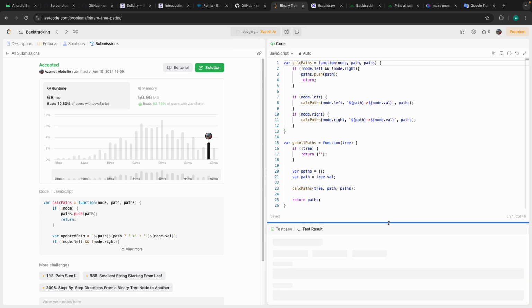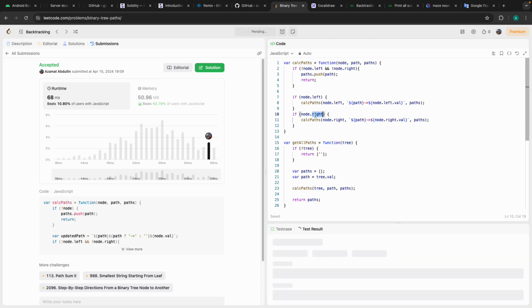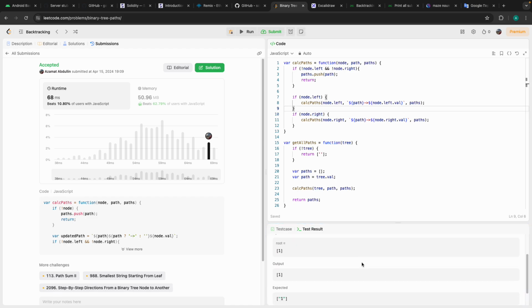Let's check it. Wrong answer. 1 1 2. I need to push node left value and node right value, because I have right and left node here. Expected string, but I got